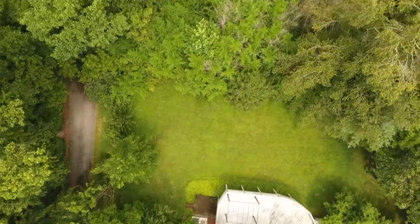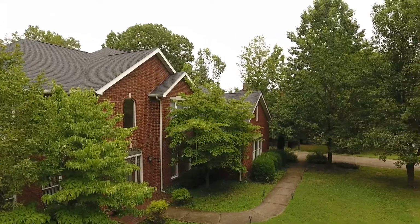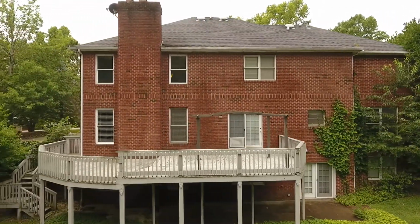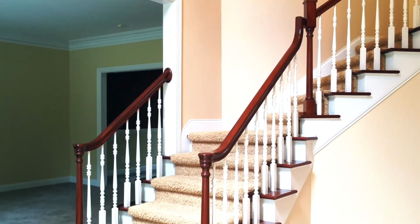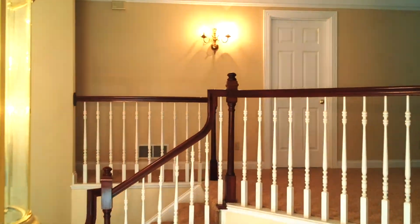Bellefonte, Kentucky is the location of this beautiful two-story brick home boasting approximately 3,520 square feet, including 4 bedrooms, 4 full baths, and 2 half baths. Enter the grand foyer of this stately home and experience the feeling of warmth mixed with style as you make